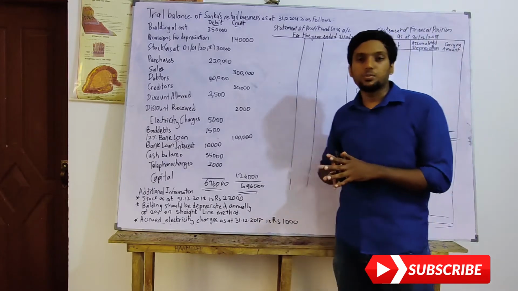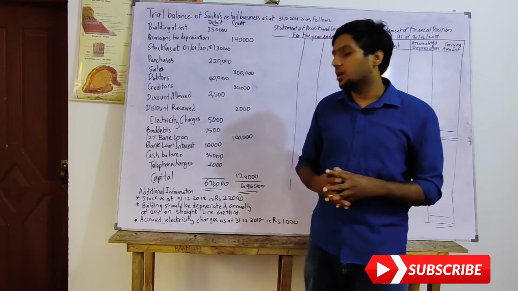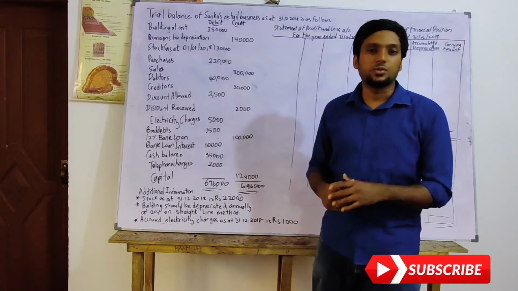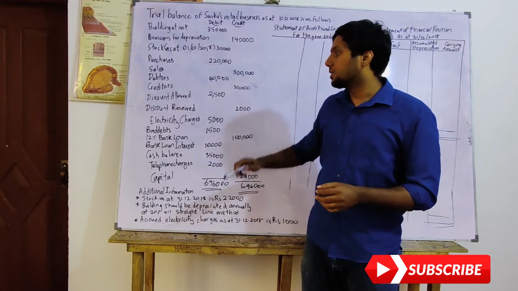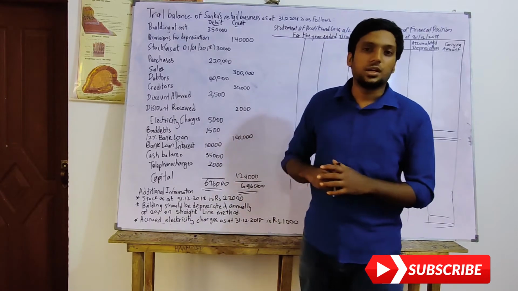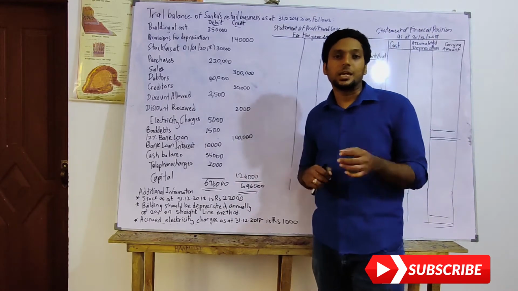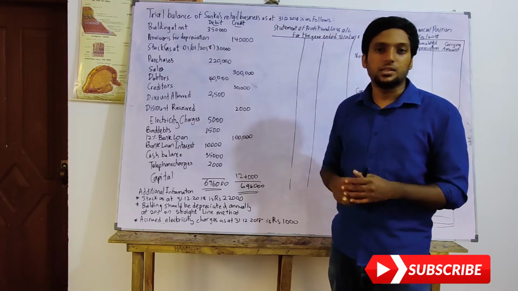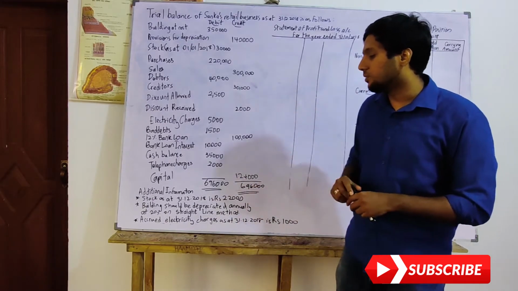Always remember when you are doing a sum, always start with the additional information. Then of course you can't go wrong. After finishing these 3 adjustments in the additional information, doing the sum is going to be very easy. Only you will get confused on the depreciation part, as well as on the bank loan interest part. So you need to be very careful in these areas, because in those areas the examiner is very peculiar in selecting the question and finding out whether the answer is correct or not.